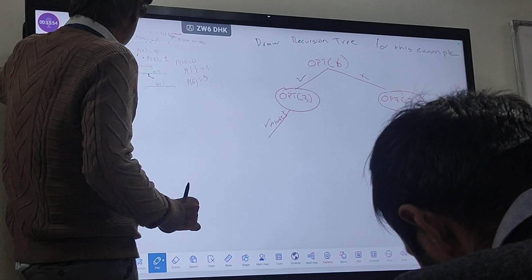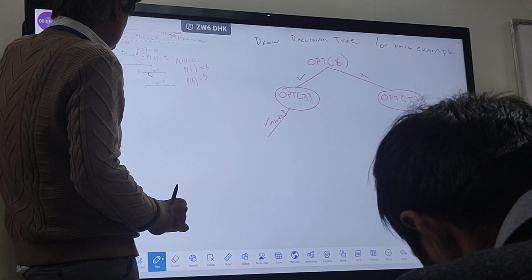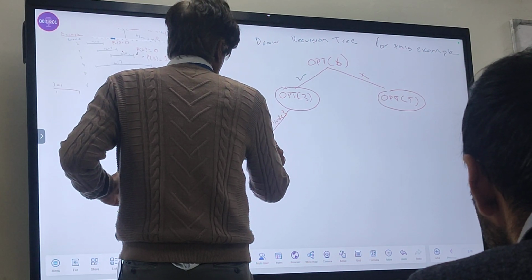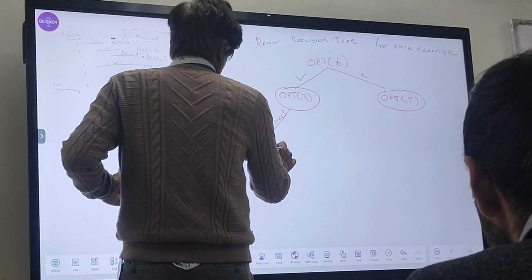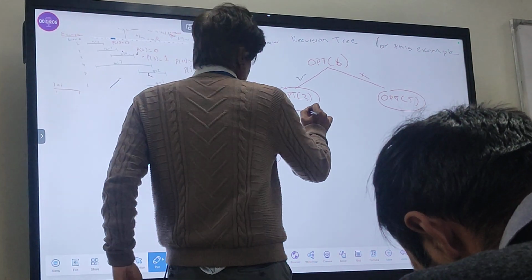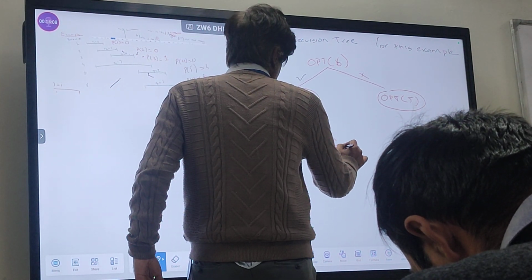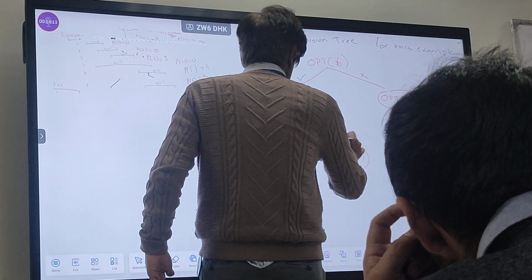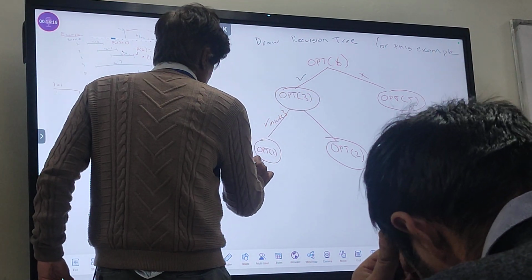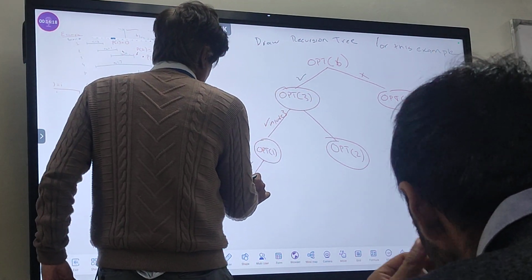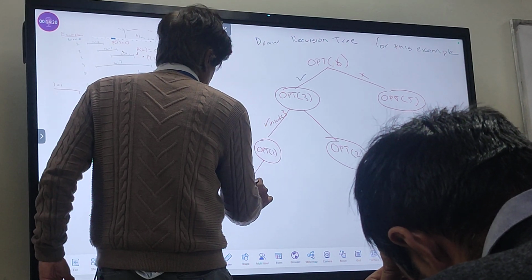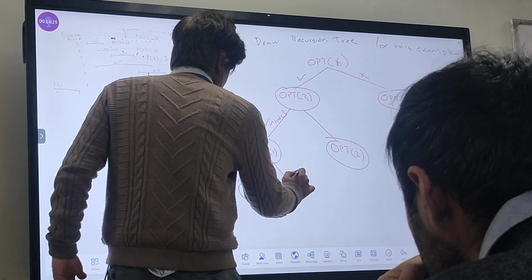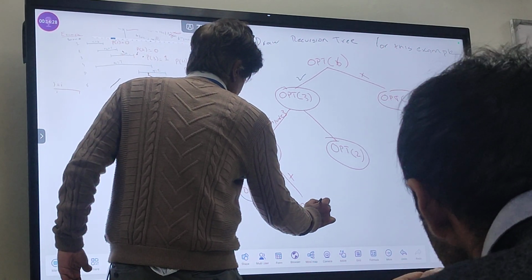When 3 is included, it will become opt of 1, and this will be opt of 2. When 1 is included, this will become opt of 0, and this will be opt of 0.